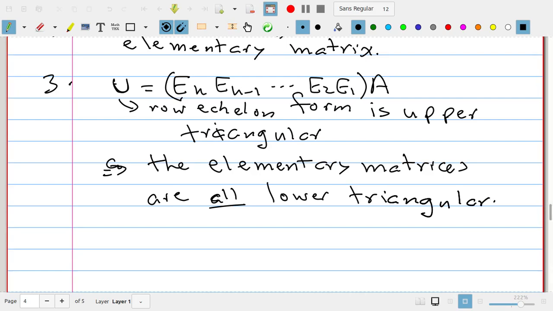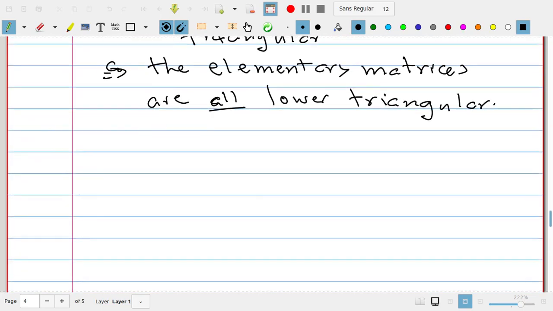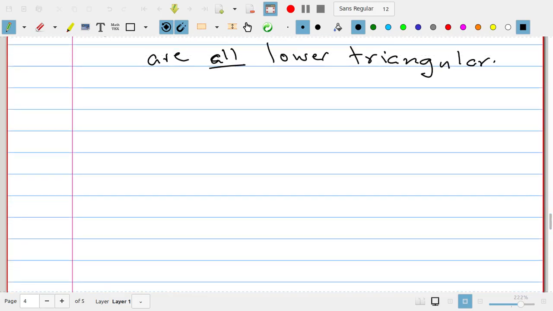They're all lower triangular. Why? Because what we did is we excluded interchange of rows. We only allow subtracting one row from some multiple of the other. So then you can write A as